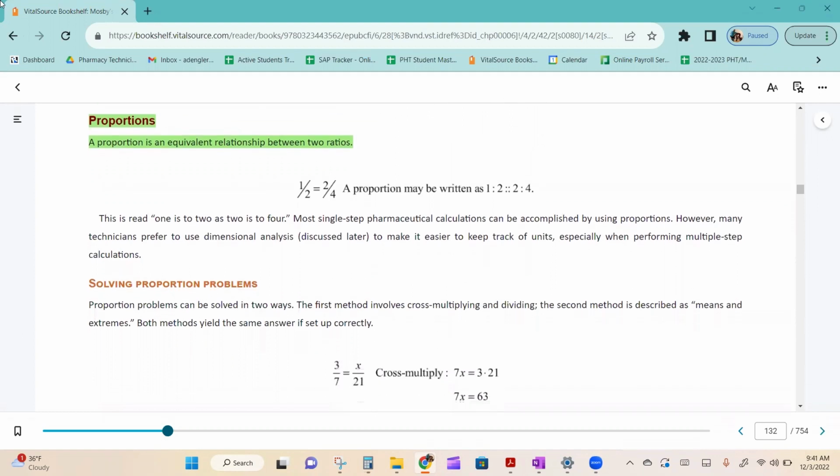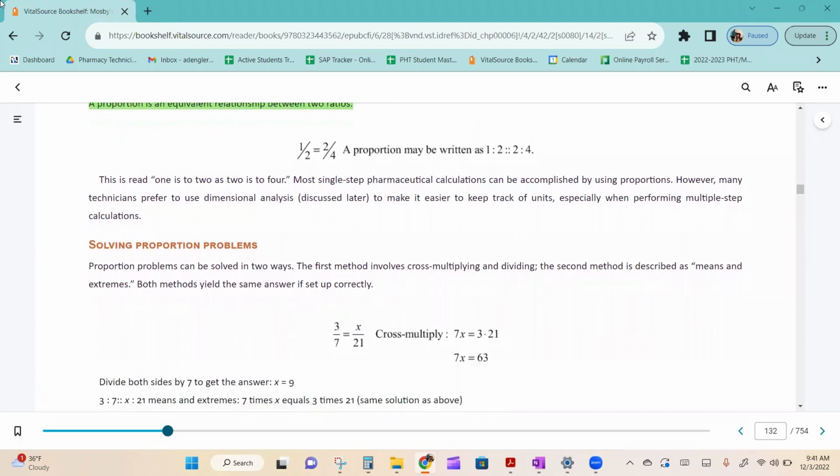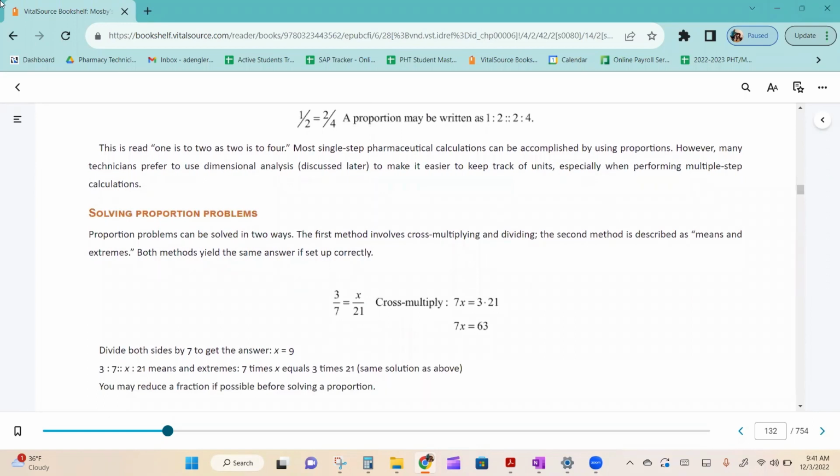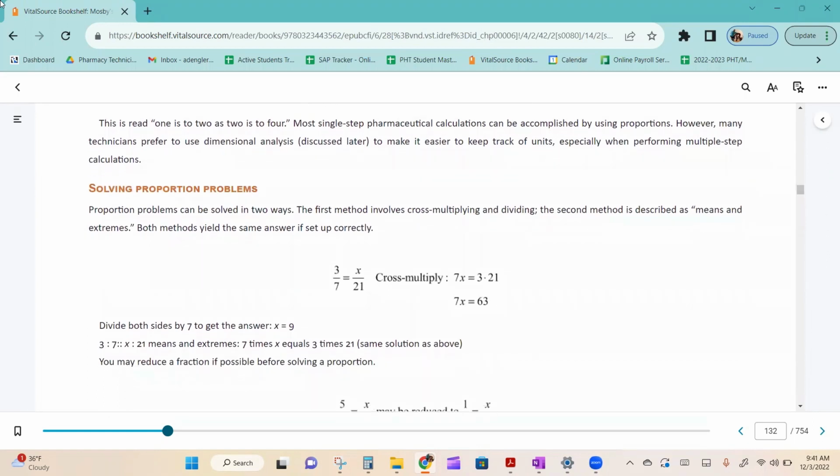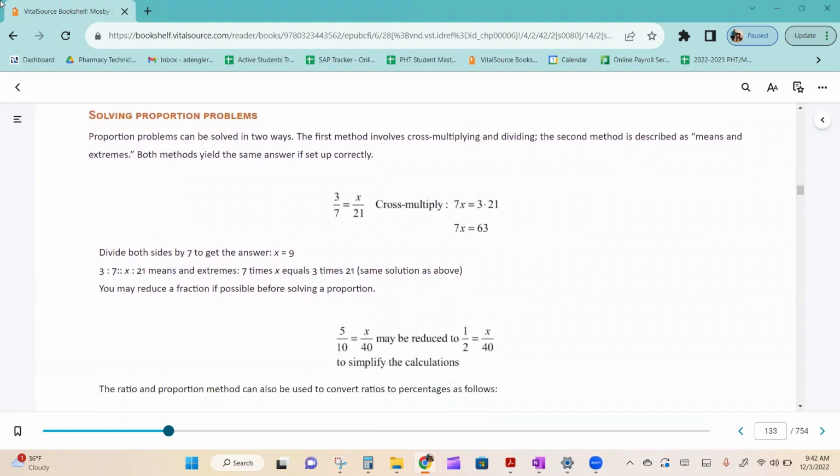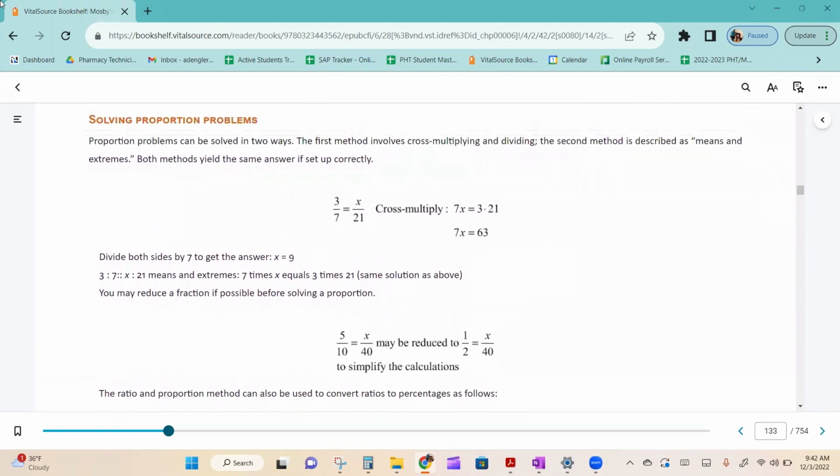All right, so we're going to do proportions. Proportions in the healthcare industry are the majority of the math that is done. For us, it's like 75% of the math that we will do in our career, and in this program, quite a bit. Proportions can be solved in two ways. The first involves cross multiplying and dividing. The second method is described as means and extremes. We are not going to do means and extremes. We are going to do